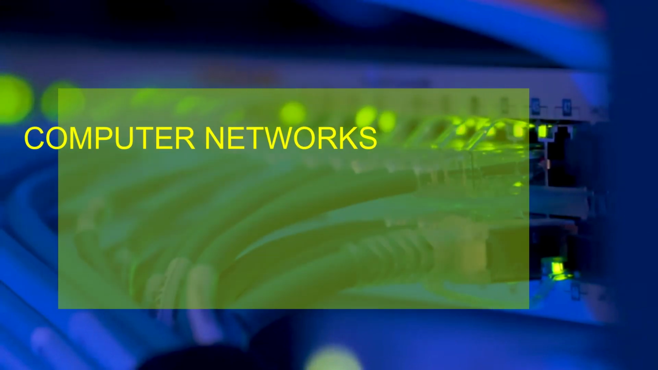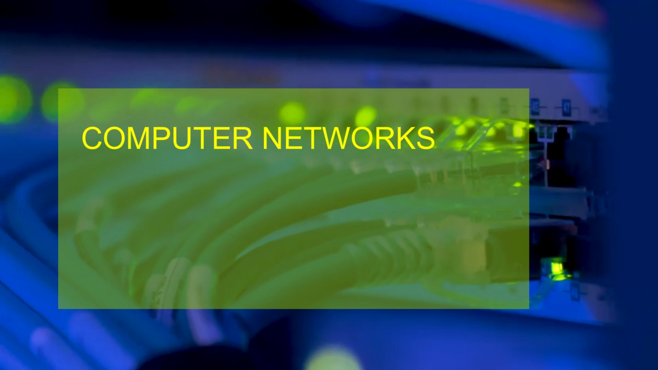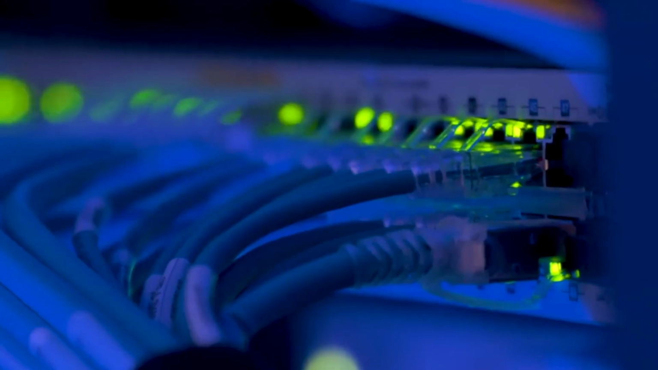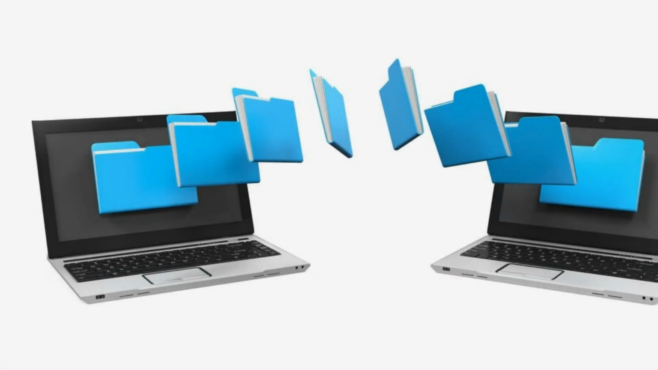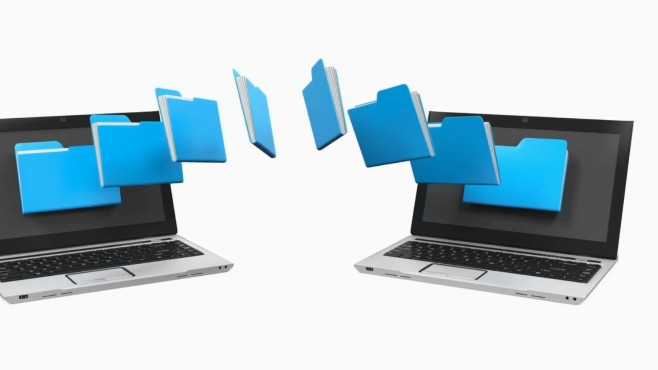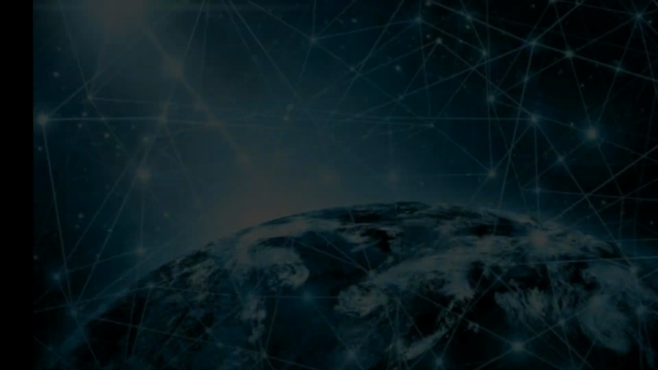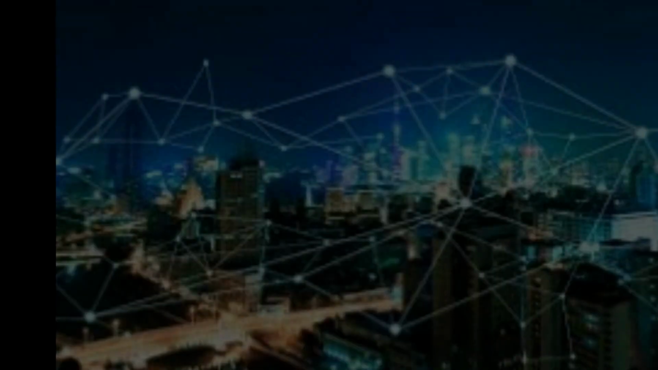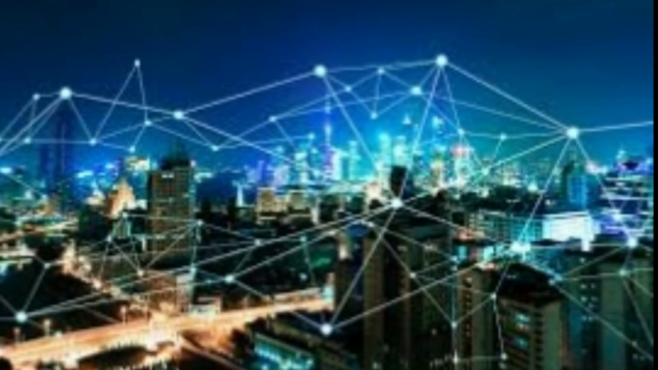Well, this gives us the definition of computer networks. The definition of computer networks is a set of computers connected together for the purpose of sharing data and resources. Now, a computer network can be as small as two computers connected together through a cable and sharing data. Or it can be as big as the internet, where millions of computers are sharing data and information through the